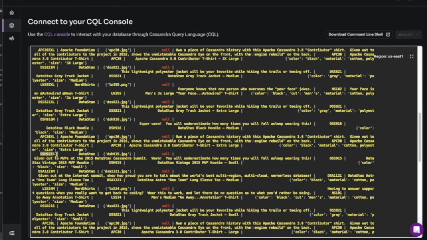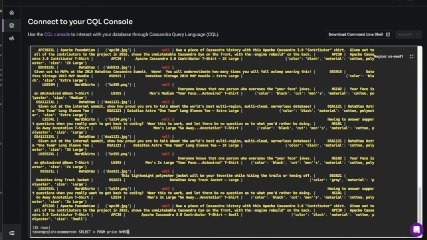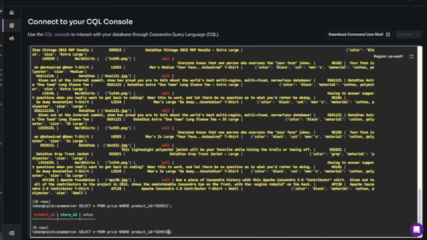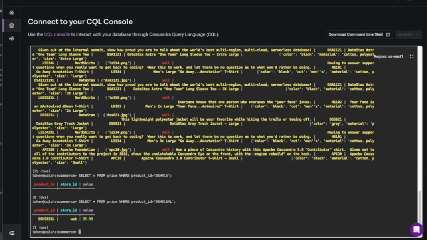There we go. Product ID is, oh right, we need a size on there. Let's say XL. There we go.